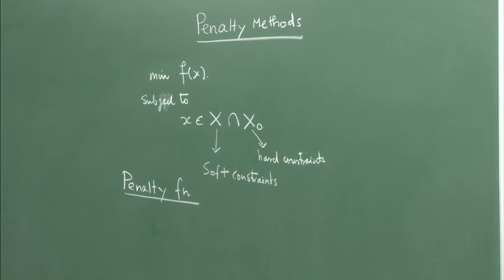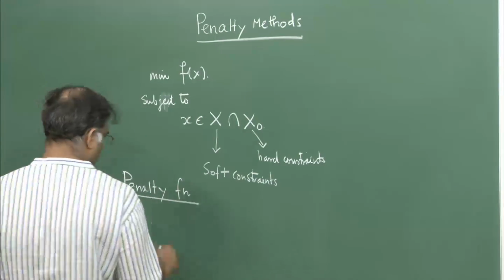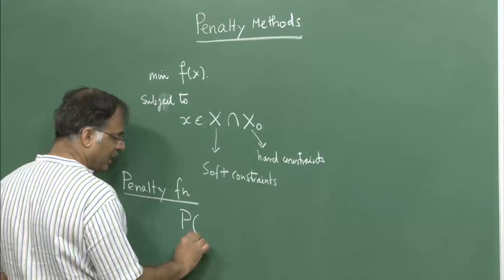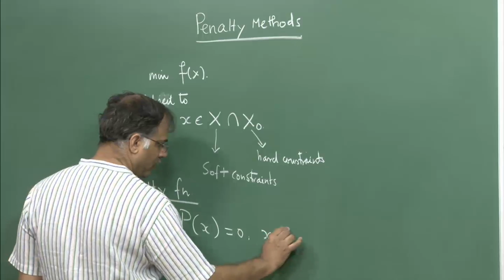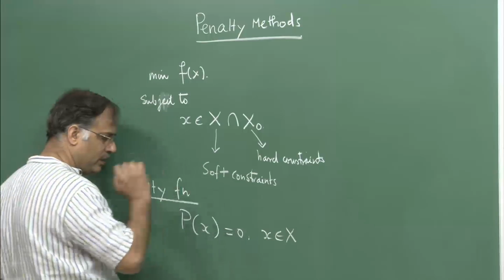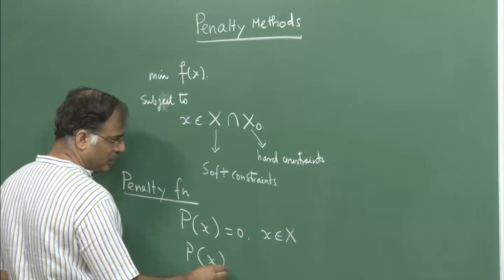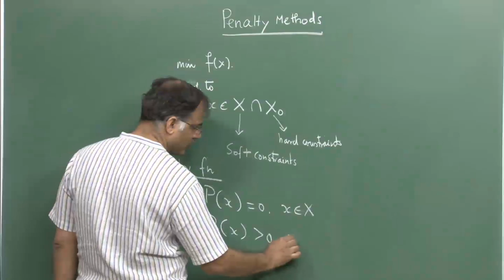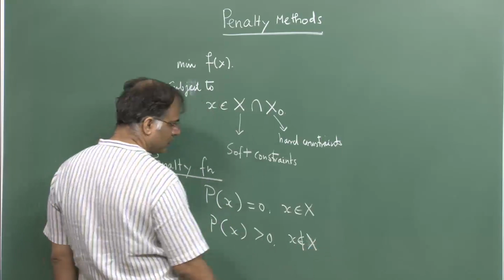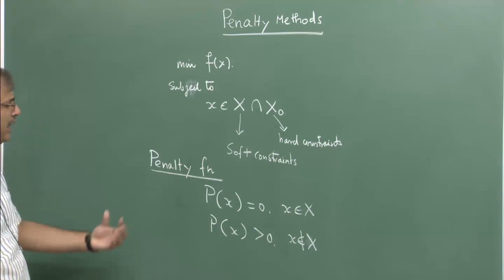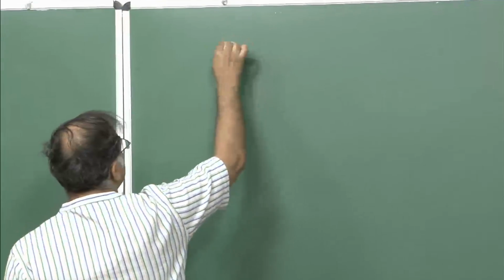Penalty function is something like this. You define a function p(x) which will be equal to 0 if x belongs to X. Of course, in most of our operations we should have x also in X naught. p(x) is strictly bigger than 0 if x is not an element of X. Now, take a number rho, some real number rho, positive,